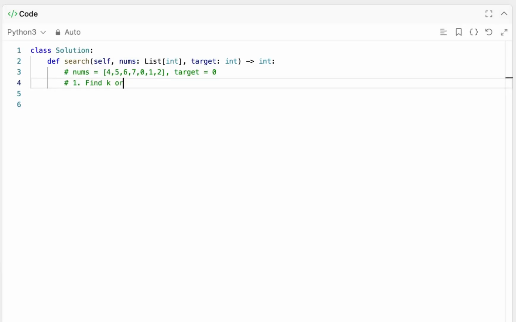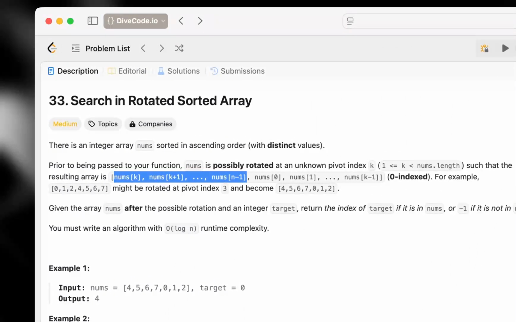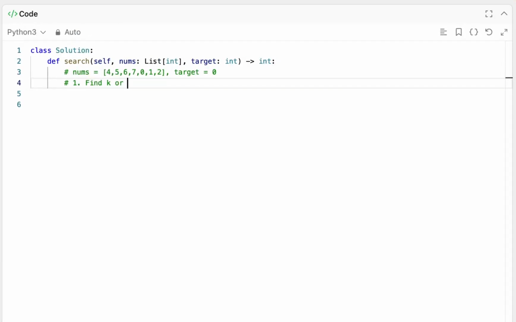Simply, because I know that the number of elements that I do have here is n minus 1 minus k plus 1, that is n minus k elements, because this gives me the number of elements